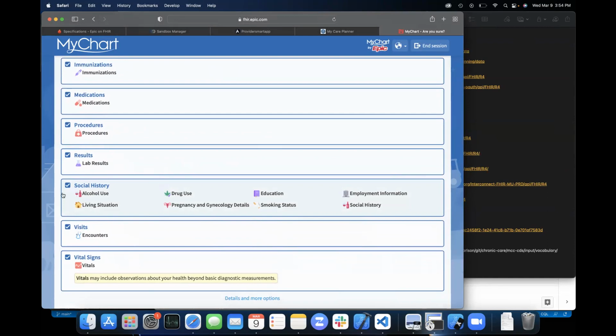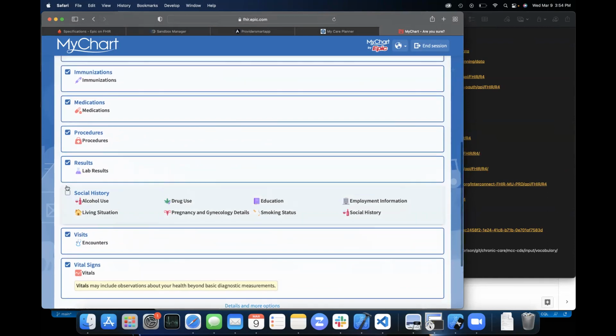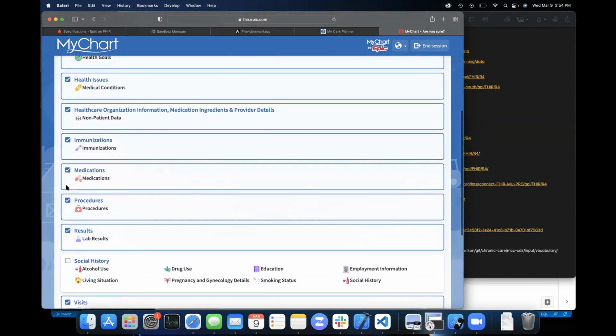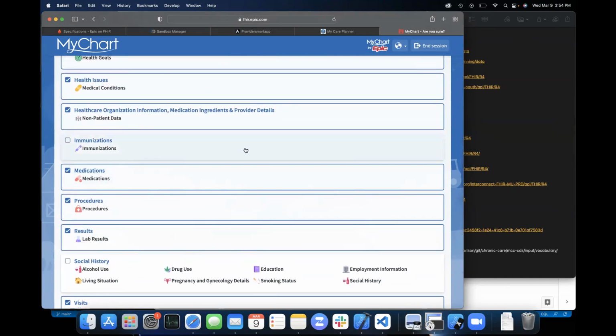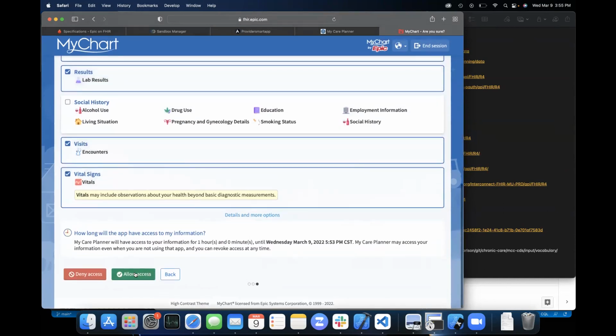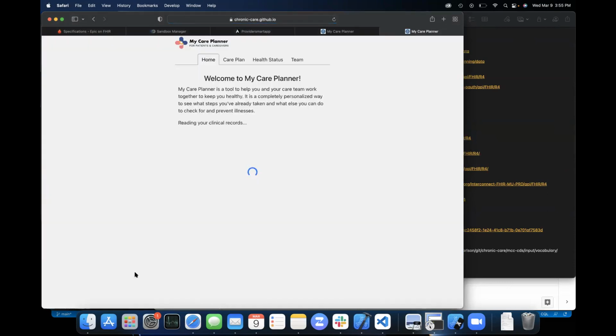They have the opportunity to unselect elements and say, I don't want to give this application access to my social history, and I don't want to give it access to my immunizations, for example. They can make those individual selections, and then I'm allowing access to everything else.